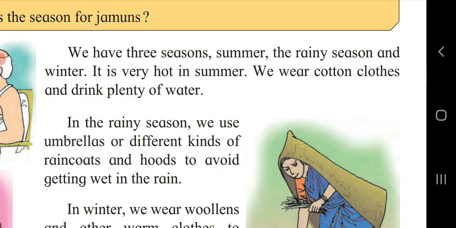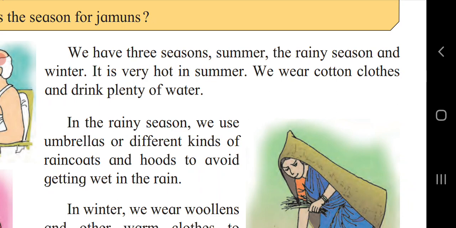Let's see what crops can be seen in this period. In summer season, mangoes, watermelons and cashew nuts get ready. And in rainy season, farmers work hard, grass grows everywhere, seeds sprout and start growing, and jackfruit, jamuns and karvans come in the beginning of the season. And in winter season, the mango tree starts blossoming at the end of the winter.